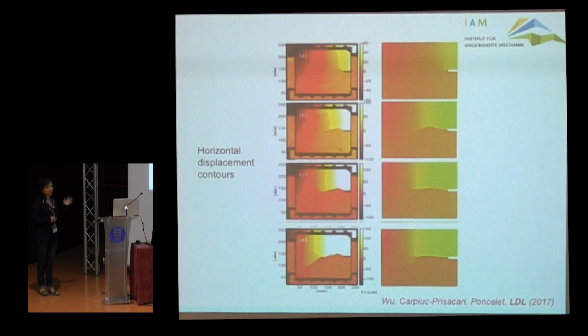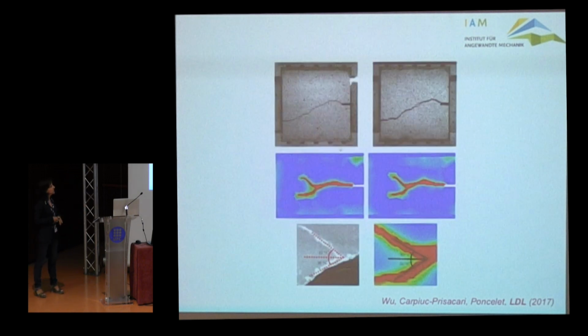So I show you some representative results. These are horizontal displacement contours. Here you see those from the DIC on the left-hand side, and here you see those from our computations. You see that the crack starts propagating upwards. Then there is, due to the complicated loading history, the crack deflects and starts going downwards, and this happens in both. And then there is a further deflection upwards, which is also captured by the model. And finally, there is a crack branching phenomenon, which is also captured by the model. So we were very happy about this, but these are still qualitative in a sense.